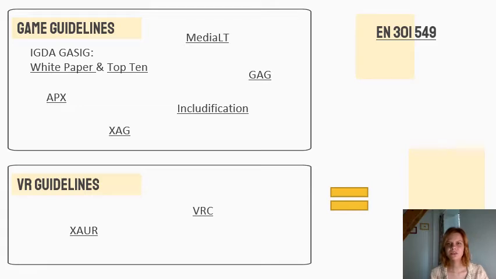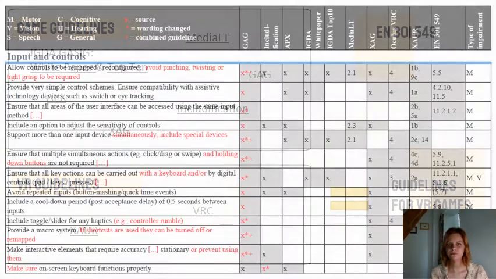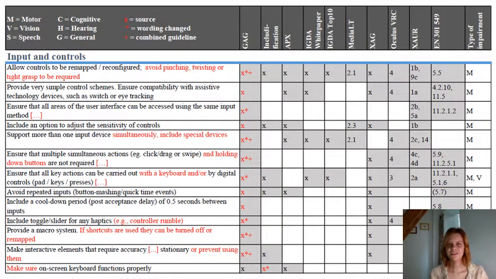So what did I do with this knowledge? I compared and filtered all these guidelines so that in the end, those that are relevant for VR games remained. The whole thing looks like this. This is only the first page out of 7, and I sorted the guidelines by topic, and then I marked which rule is present in which existing set. And what I learned from that is that none of the guidelines are a complete set.